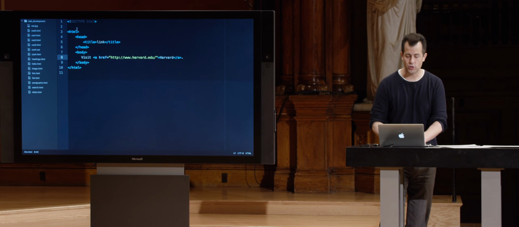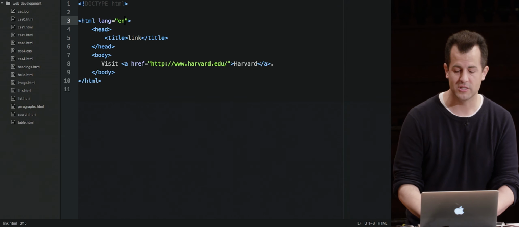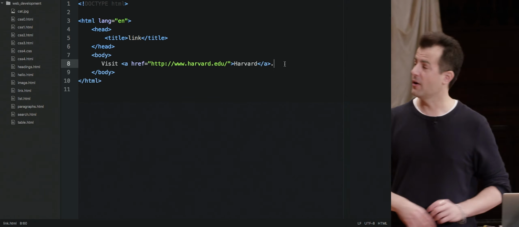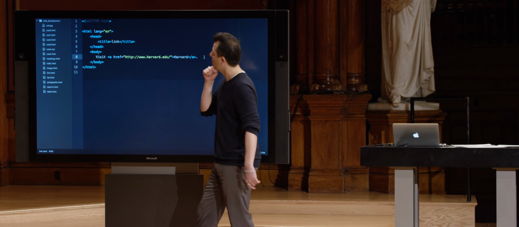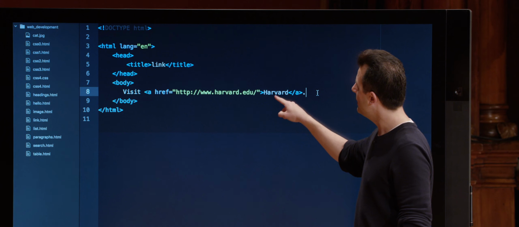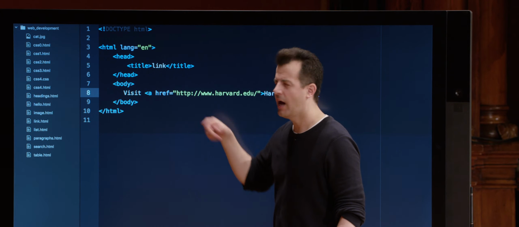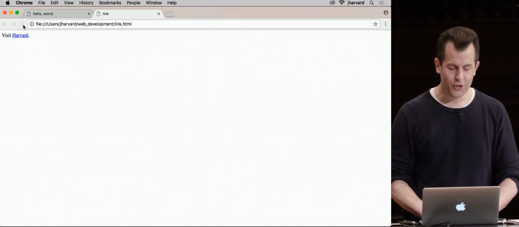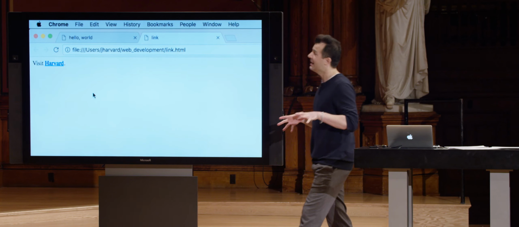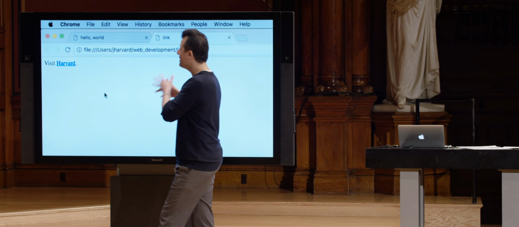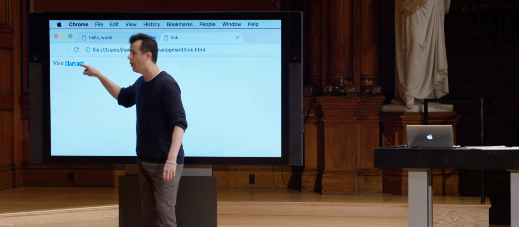So just for good measure, let me go ahead now and make sure the world knows this is an English version of my page. So now I have two attributes on the page, the first of which modifies the HTML tag, the second of which modifies the anchor tag. And now this attribute has a hyperreference, which is an actual URL. And if I go and reload the browser now, notice the perhaps familiar, if dated, blue text that's also underlined,